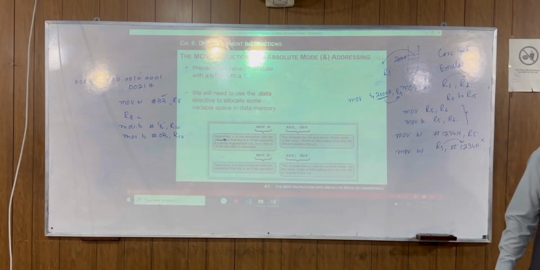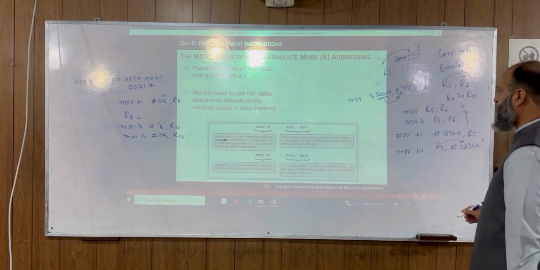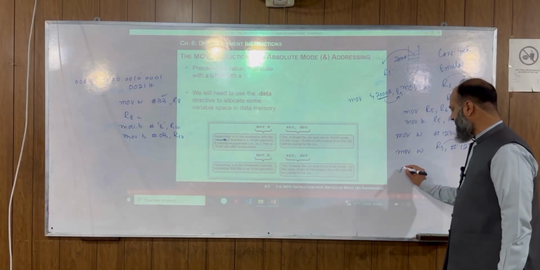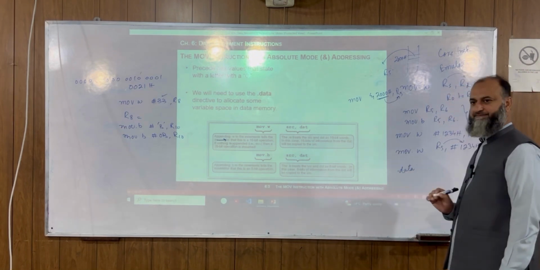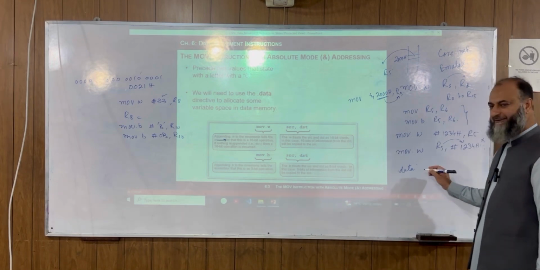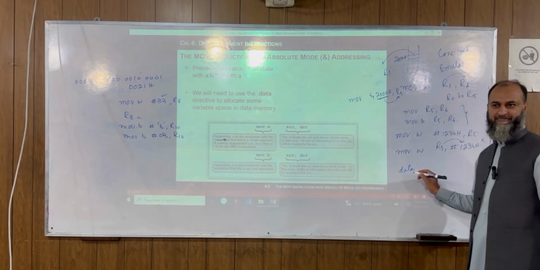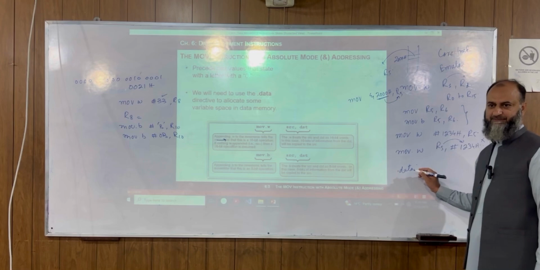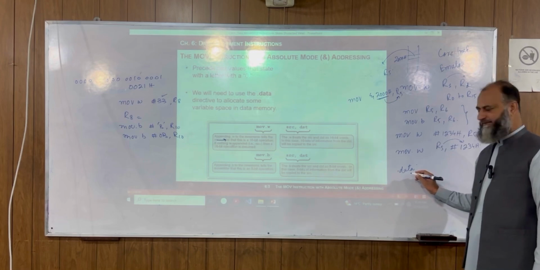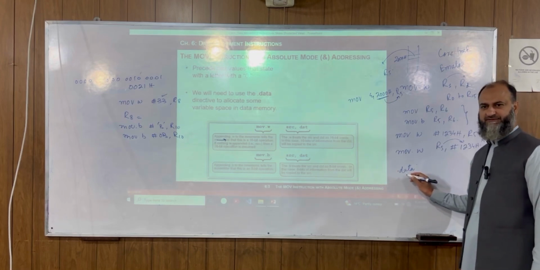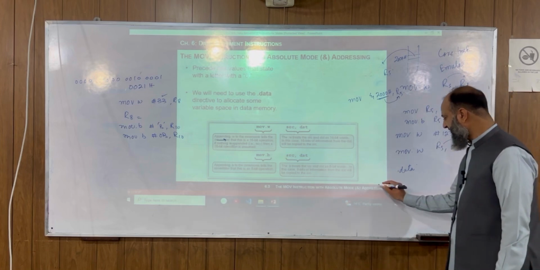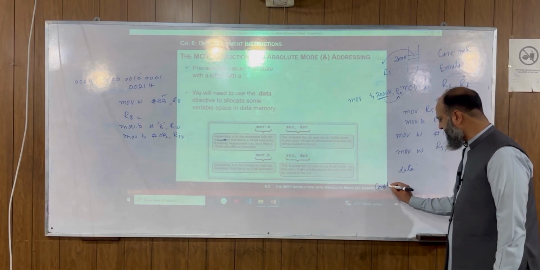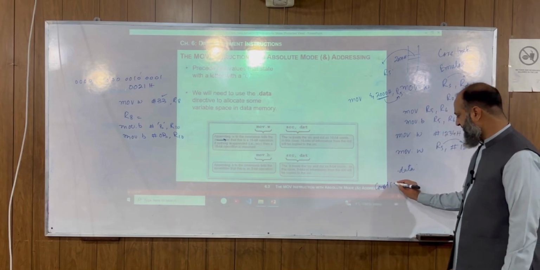Sometimes we have to define our data into the data memory locations; inside them we write data. And you see that the directive we have is said to be .data, and .data means the start of the data memory over here. You have data memory available, and this is going to be the start of the data variable. For instance, if I'm saying over here a constant 1, and constant 1